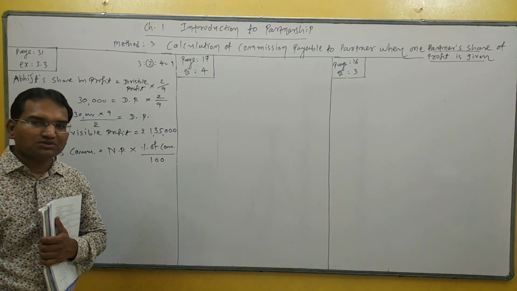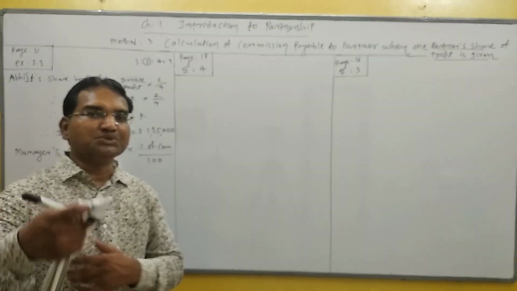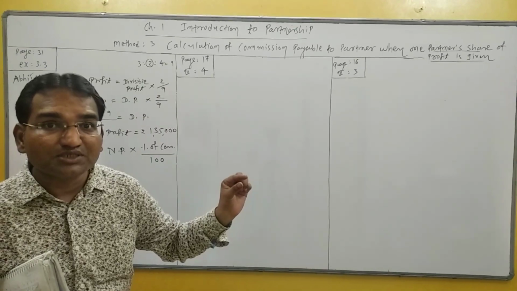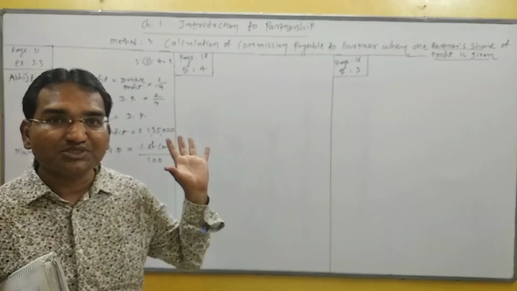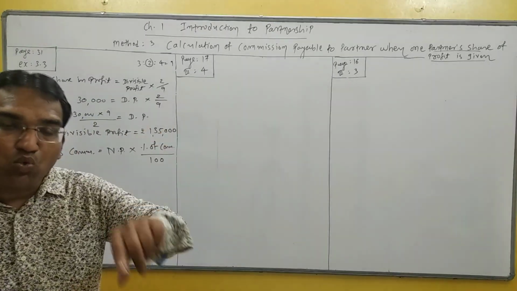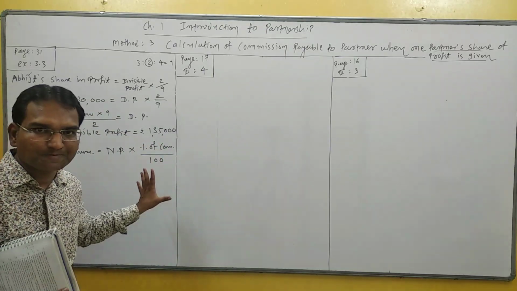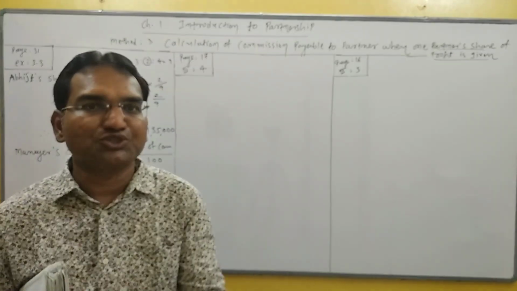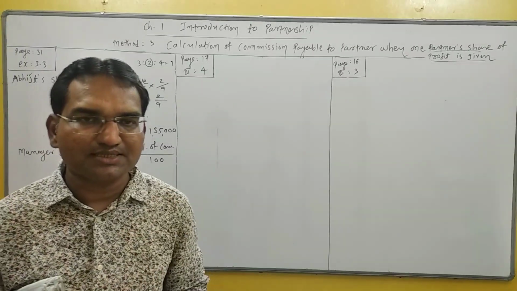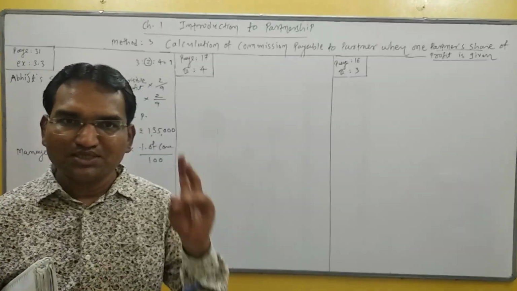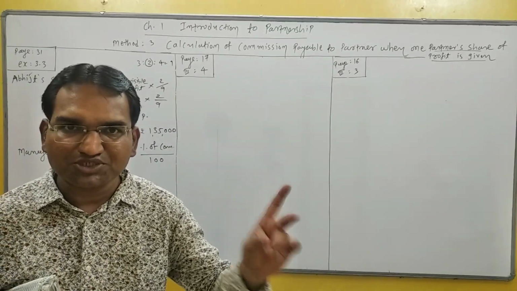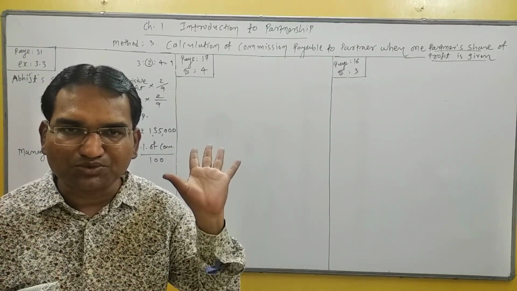So when we use the rate of commission divided by 100 plus rate of commission, it is when profit before deduction of commission is given, and you are asked to calculate commission on net profit after deduction of commission. In that case, we have to use the second form, commission, percentage of commission divided by 100 plus percentage of commission.